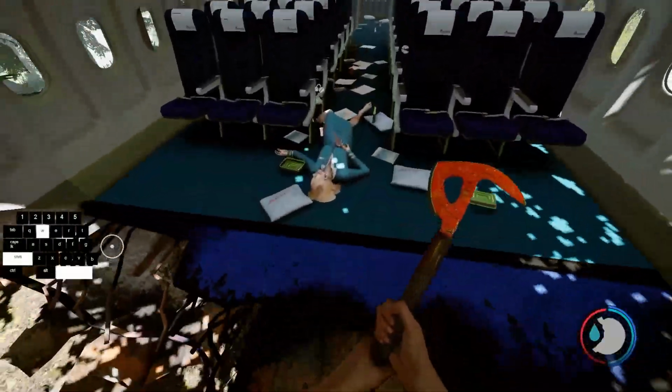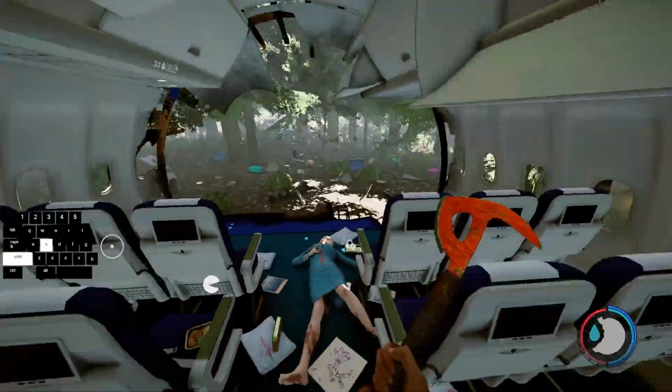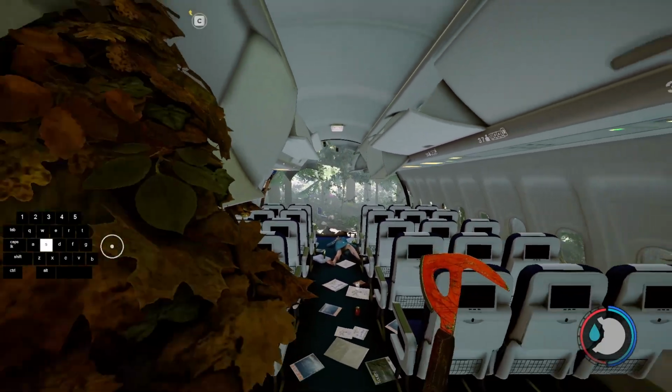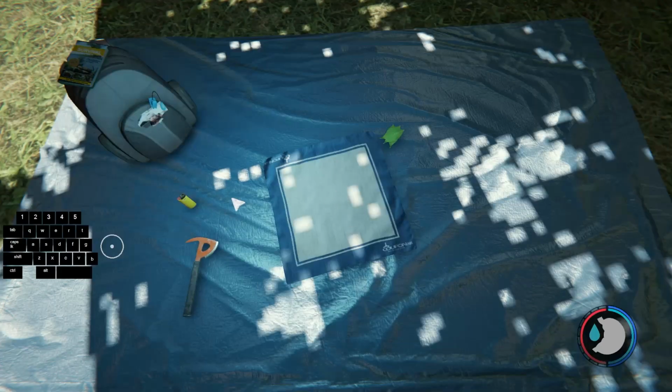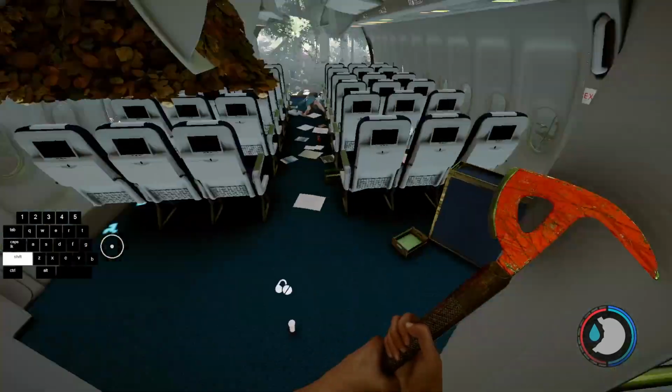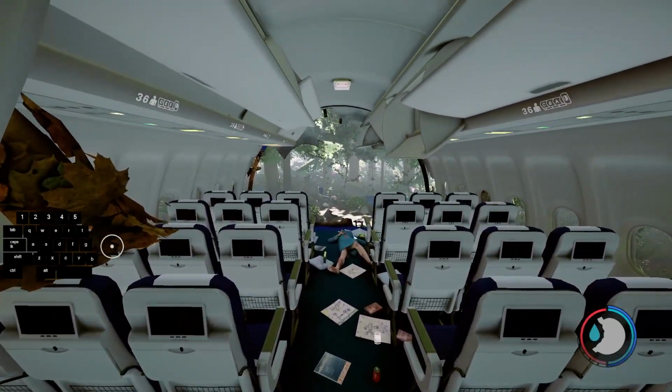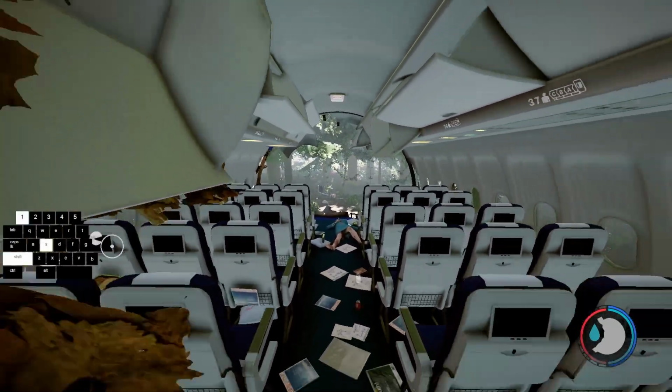And how do you acquire the axe? You don't have to go ahead and pick it up. You can just press 1, or in other words, whatever you have bound it to, and you already have it in your hand. So just press 1 and there it is in your hand. So what we're going to do, as soon as we start, is go back, take the axe and make